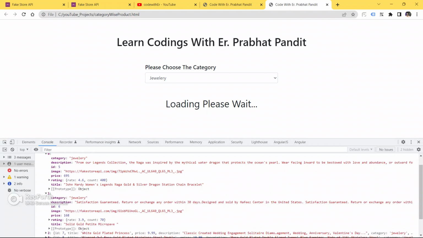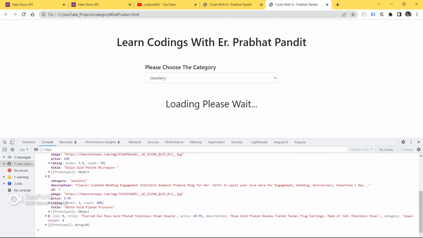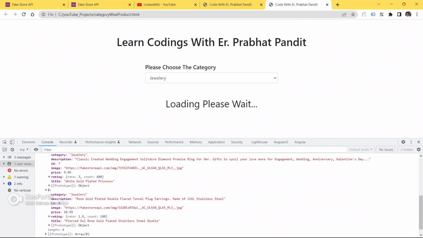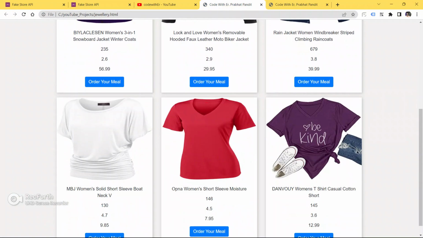Let me open this response. See, the category is jewelry. This category is also jewelry, and the third one is also in the category of jewelry. This is the description, rose gold, this is the ID, and this is the image.